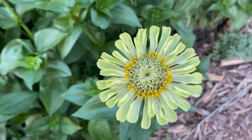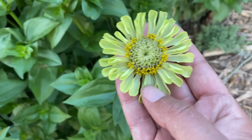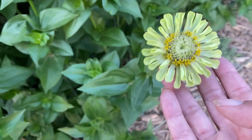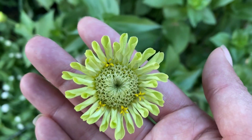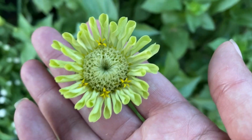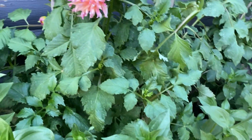And this one is open all the way here, and how I know that is because the pollen has really become apparent on it. If you look at this guy here, that's not quite open. The petals aren't all the way open, and then there's only a little bit of pollen showing there. And then I have one dahlia